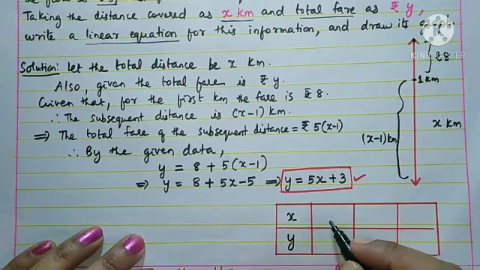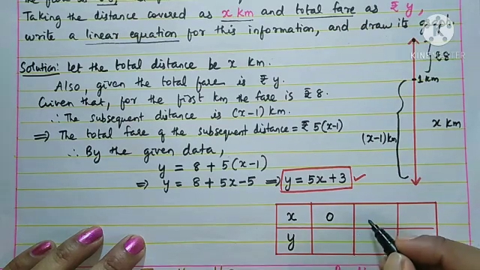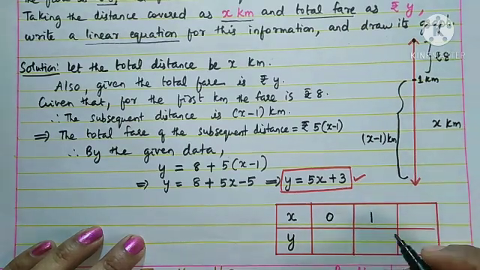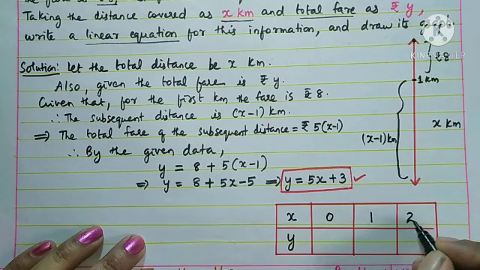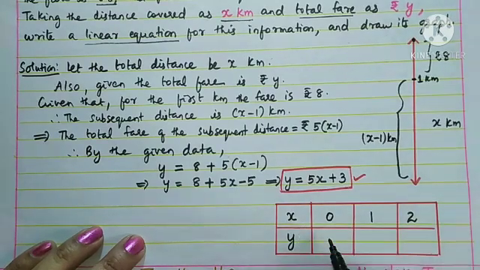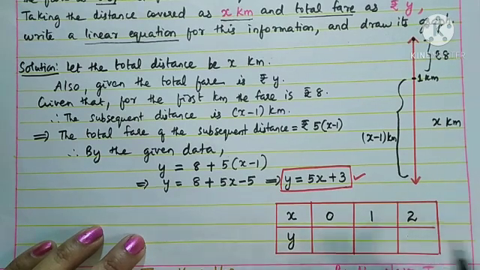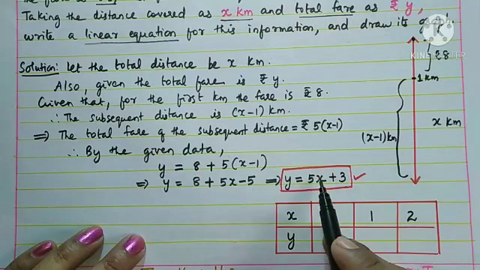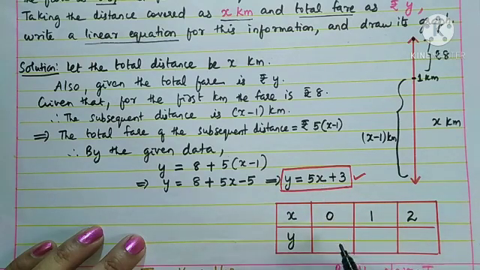So I am just taking x for one value is 0, and one value is 1, and yes, 2. Okay, so x I opted as was 0, 1, 2, and for this I need to find out the corresponding y. So these values you are putting in this equation to find out your y. When x is 0, what is y here?